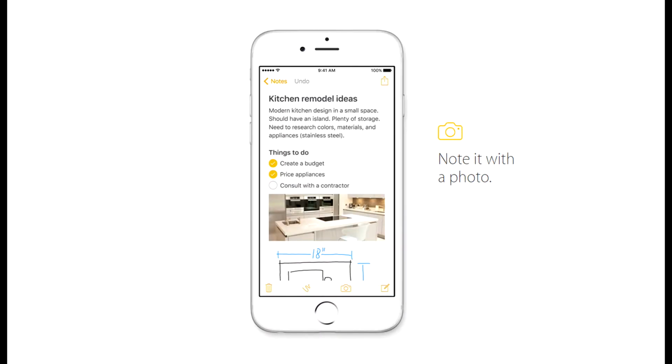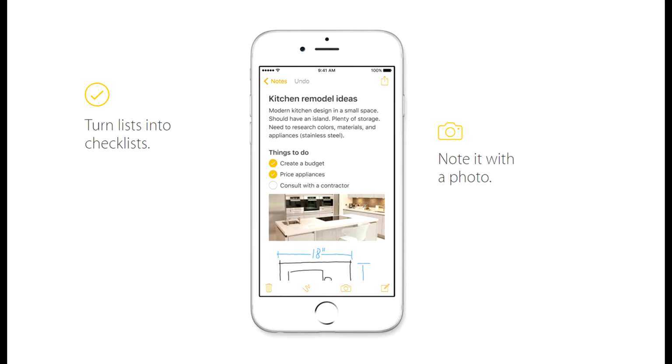Second of all, Notes. Notes have actually been improved, and I was actually waiting for this update. So they're actually adding photos and checklists. For example, you want to take a photo, you can just take a photo and then put it straight into Notes, or you can actually take a photo from your photo gallery and put it straight into Notes. Second of all, you can make a checklist. For example, you want to do a grocery checklist, right? And then you can check it off straight away in Notes, instead of actually going anywhere else